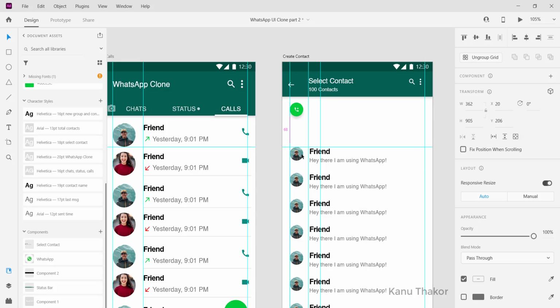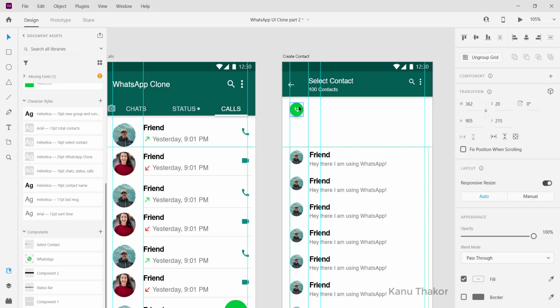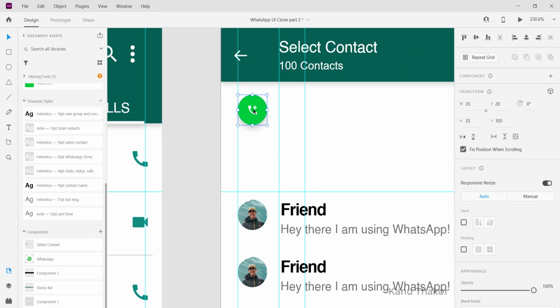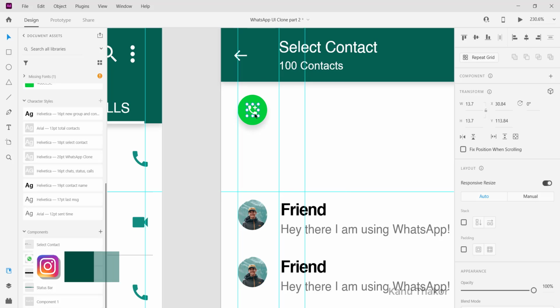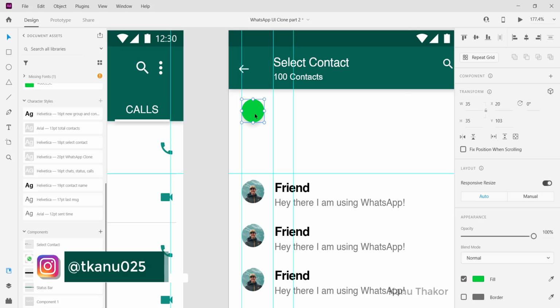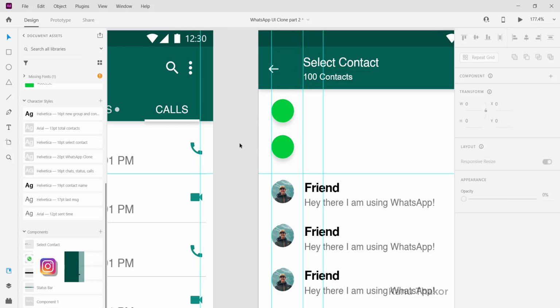Arrange this contact, align it to this guide here, then this group we will ungroup it. Again go to this icon, delete it, select it, and again make a copy, because this is going to be whether we want to create a group, new group or not.